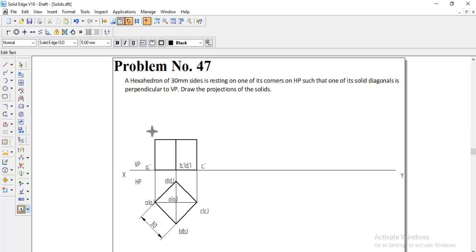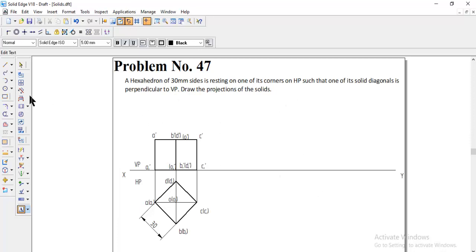And the same on top we can give A dash, and here B dash or D dash, and the last C dash. And also the center, that is also hidden, we can give it as O dash, and at this point O1 dash.